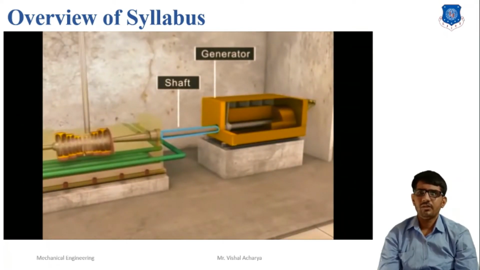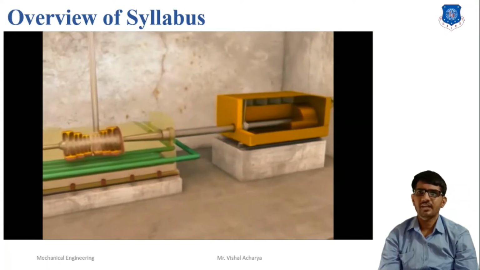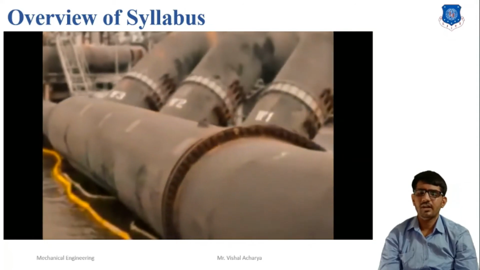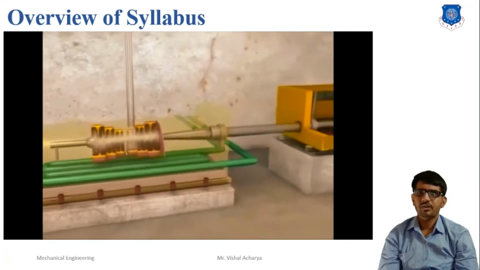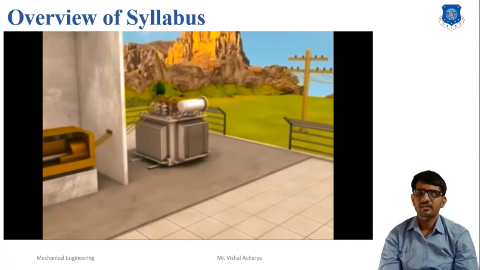Here high pressurized steam is converted into low pressurized steam. Here low pressurized steam is converted into water for the closed system of the Rankine cycle. So we use the condenser to convert it into water, and here water is transferred to the boiler with the help of the feed water pump, and finally the electricity produced is transferred to households and business industry via the transformer.